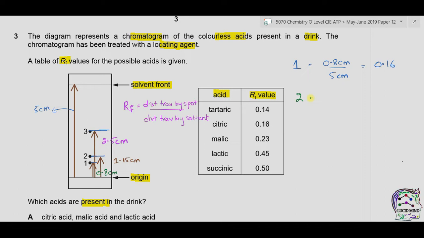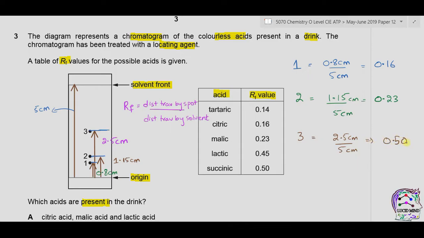Similarly, for second, we can find out the Rf value: 1.15, which is the distance traveled by second spot, divided by 5 centimeters, and the value comes equal to 0.23. For third spot, Rf value is equal to 2.5 centimeters divided by 5 centimeters, which comes equal to